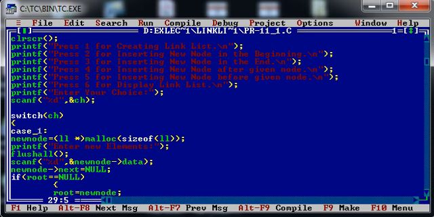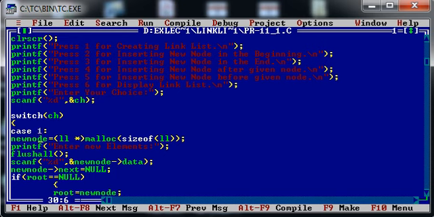The first case represents the creation of linked list. As soon as the user selects the first option, that is for creating linked list, what do we need to do? We need to assign new memory to a new node kind of variable. The size of this memory will be the size of struct student.